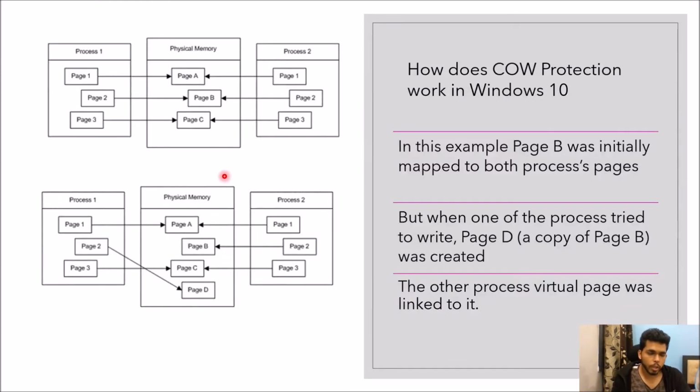Now let us try to understand copy on write protection by an example. Initially we can see that in physical memory these pages are shared between process 1 and process 2. This is an example of optimization because we are not unnecessarily copying these pages separately for both processes. We will only copy when one of the processes tries to modify one of the pages. Let us say that process 2 is trying to modify page B. Now we will make a copy of page B, namely page D, and remap it to process 1. Now process 2 has an independent page and it can easily modify it without any loss of coherence.